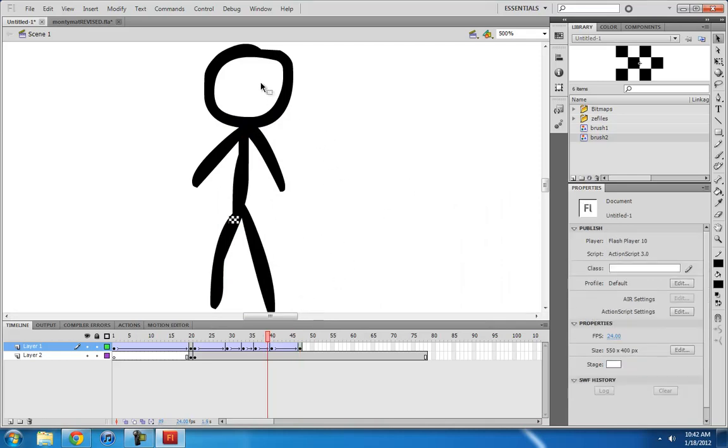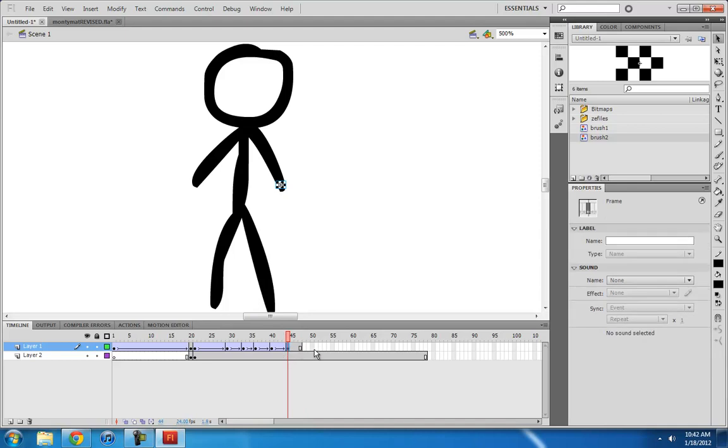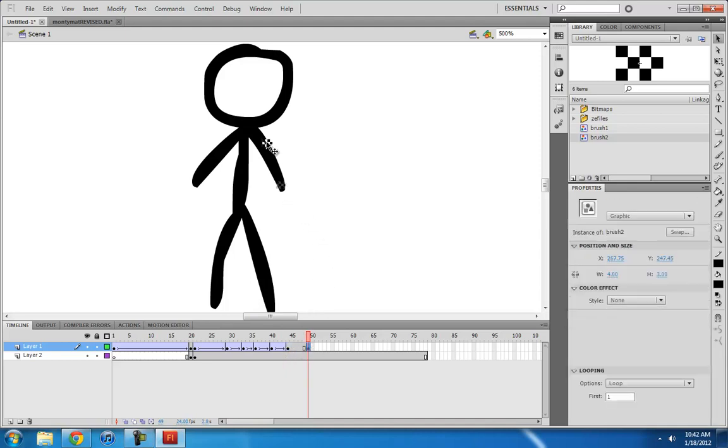Okay, if we mimic making a stick figure, it'll be the head first, then the body, and then the right arm, then the left, with the left, right, and then down there. So instead of moving it up here, I'm going to move it here, because that'll be the last one. And then it'll undraw that arm,